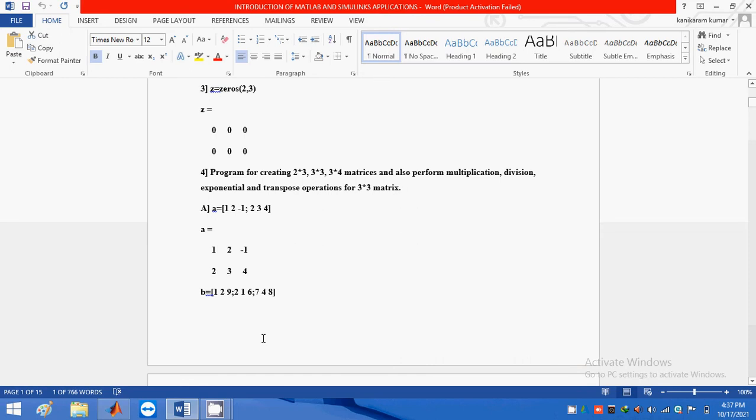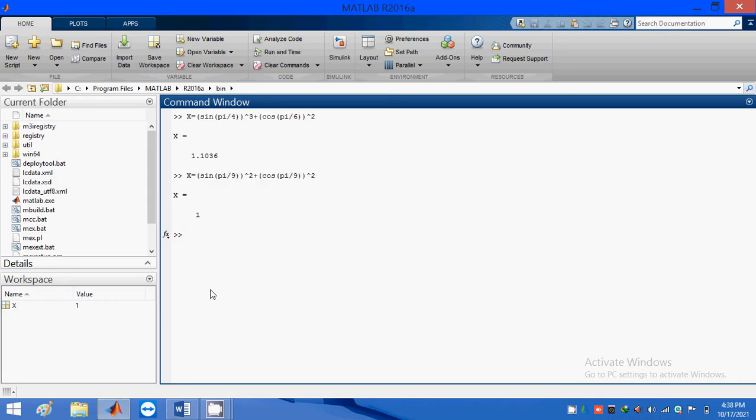Next, I need to create a 2 into 3 matrix, that means 2 rows and 3 columns. How are we going to do it?